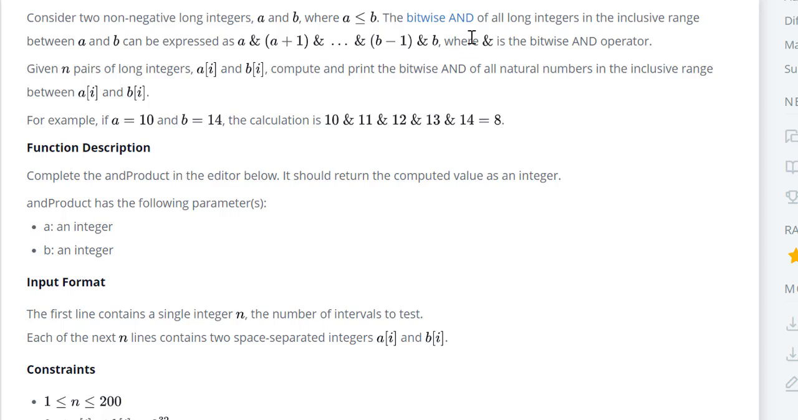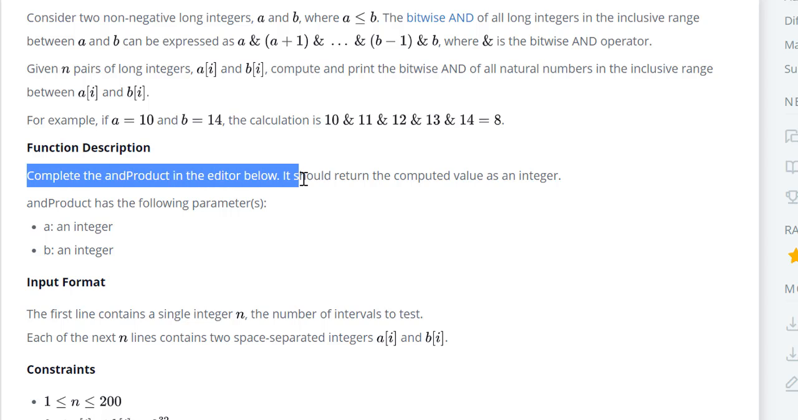Okay, the bitwise AND. We're going to be given n pairs of a and b, and we have to compute that value, and that's it. Actually, we just have to complete the function andProduct, and that's it. Okay, so basically we just have to do the bitwise AND